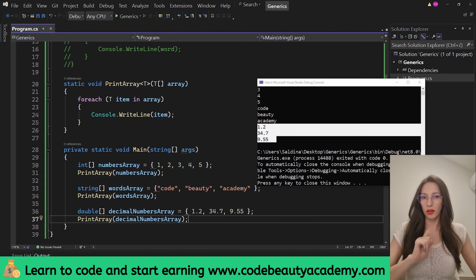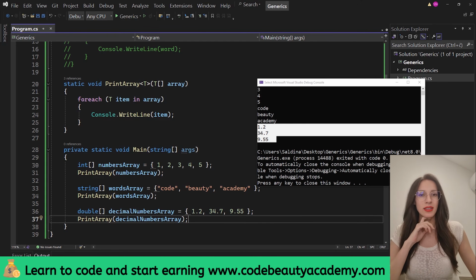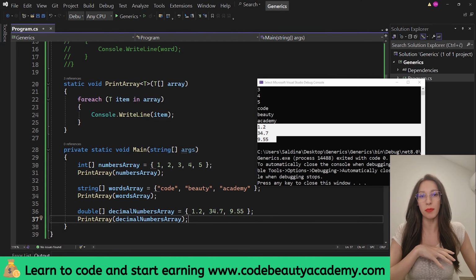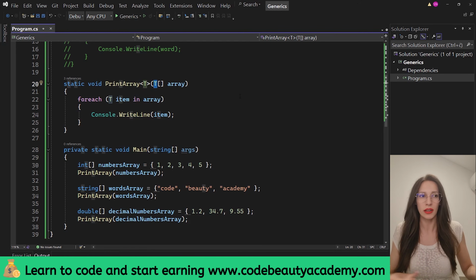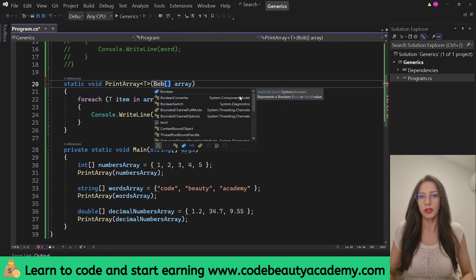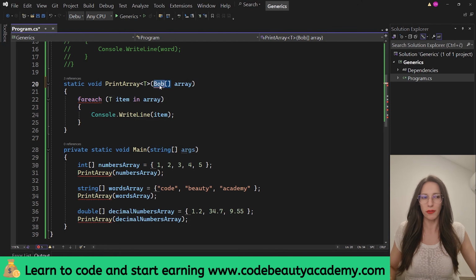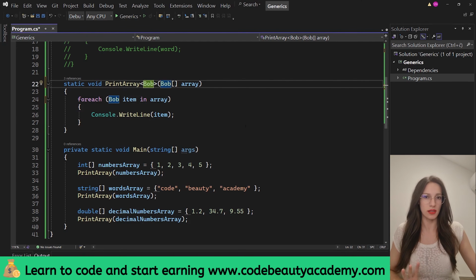Now, there is one common question that many beginners ask, and that is related to the name of this generic data type. So many beginners want to know if they can use a different name for this generic data type. And the answer is yes, you can give it a different name. So how would you call it? Let's say, for example, Bob. Let's call it Bob. So you would have to use Bob here, and then Bob here, and also Bob here, like this. And